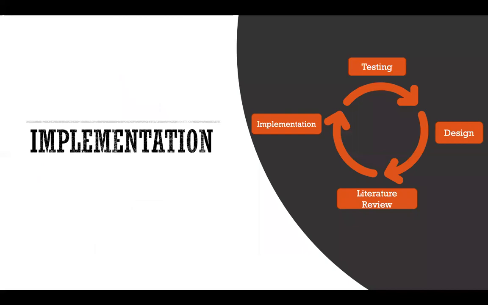So how did I implement it? Basically designing something, reading about it, and doing my literature review. I implemented tests, and if the test gave me a good sign that I was doing the right thing, I could implement more. So I was always using this process of checking my plan and redesigning my product.